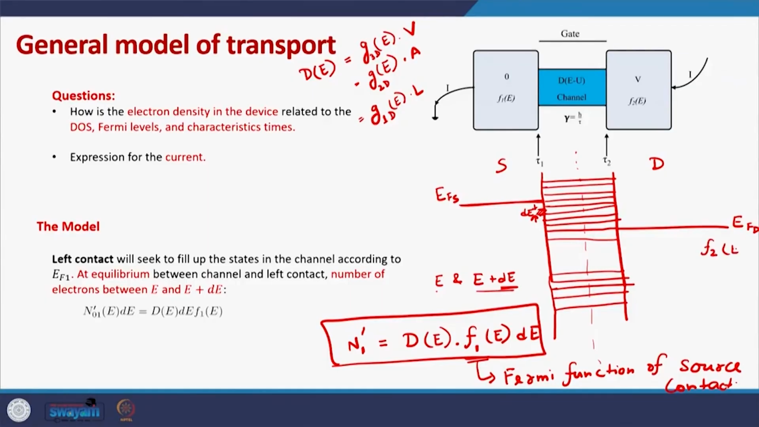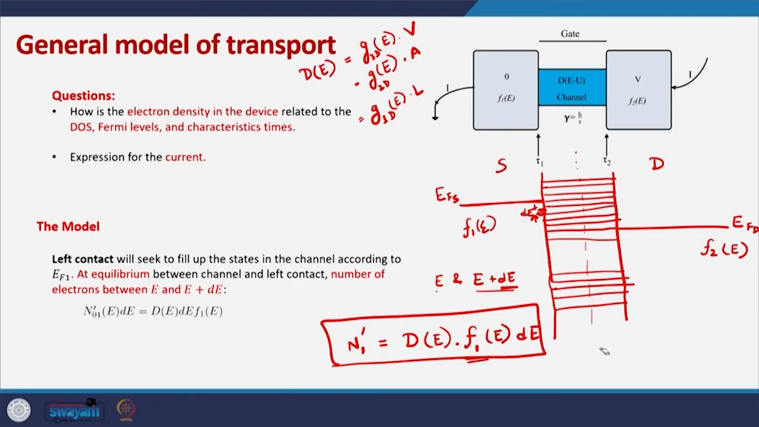So, this is the case when only the source contact is connected to the channel. Now, let us assume that only the drain contact is connected to the channel, and in the same sort of line of arguments, the drain contact will try to bring the channel in equilibrium with itself. So, it will try to fill the channel states according to the Fermi function of the drain, and if the Fermi function of the drain is F2E, Fermi function of the source is F1E,